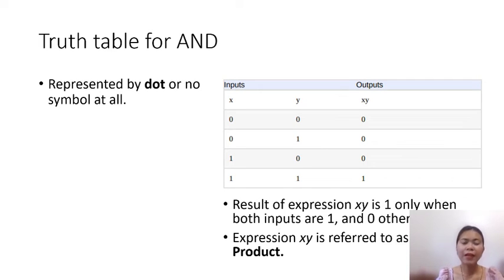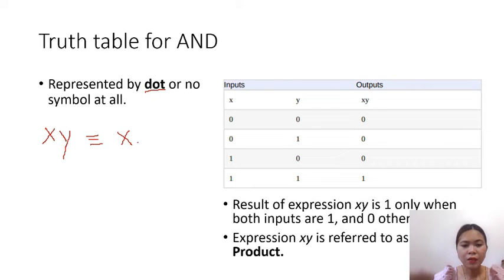Okay. Like what I said, the three common operators we have are AND, OR, and NOT. So, let's discuss each of these operators and their truth tables. Let's start with the truth table for the AND operator. The AND operator is represented by a dot, a period, or no symbol at all. So, for example, our Boolean expression xy is equivalent to the expression